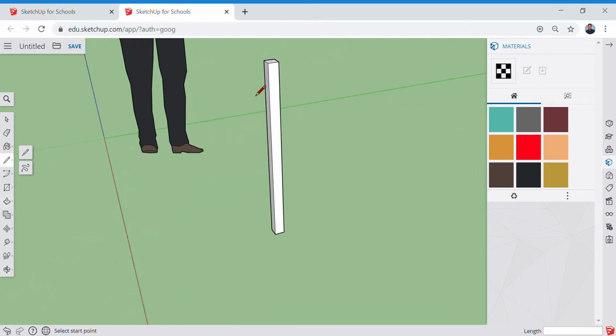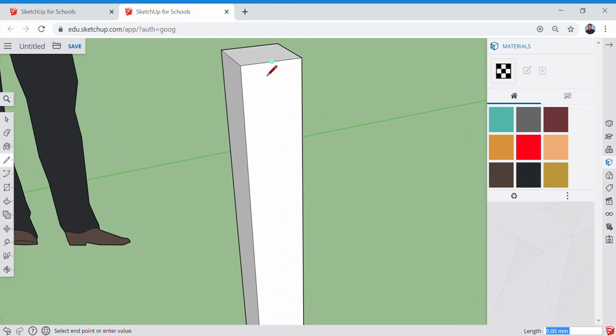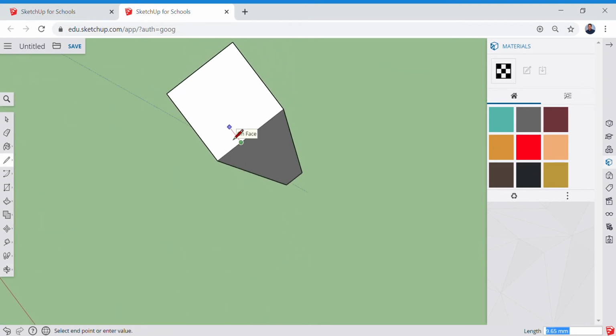To do that, I'm going to start with the line tool. I'm going to come from the center. If you hover over the center, it will show you the midpoint, and I'm coming across 6 millimeters. Okay, I'm going to come down. Well, we'll go in this way. Look at it from the top. Okay, I'm going to go in 10, enter. I'm going to drag that line across 12, enter, and bring it back. So that tenon that will be inserted in the mortise hole here is 10 millimeters deep